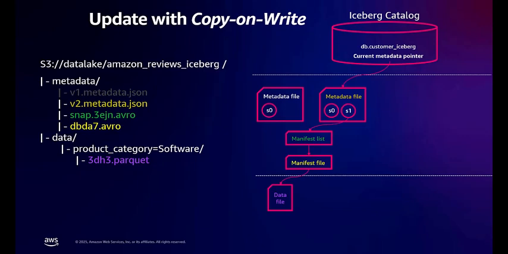So the metadata file keeps the manifest list and manifest file. The manifest list is again a list which just says these are the manifest files for that particular snapshot, right? And the manifest file is ultimately the file where the data files are stored. So while updating with copy on write, what happens is your data file